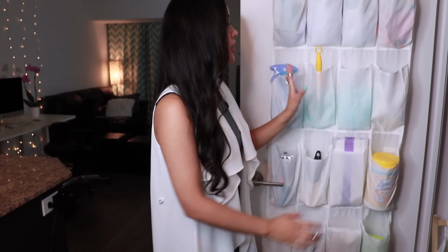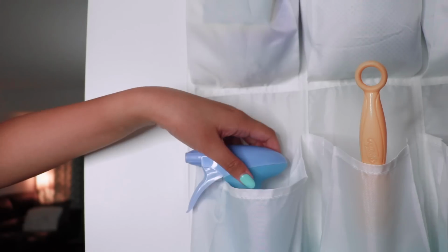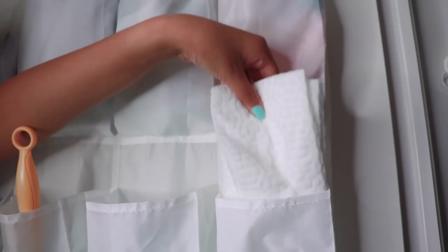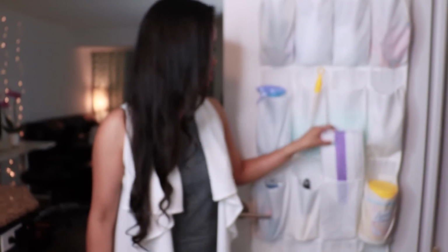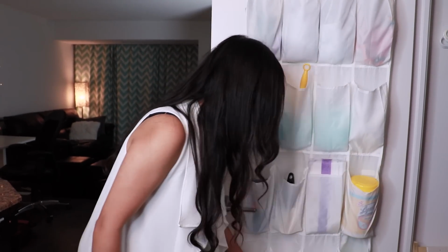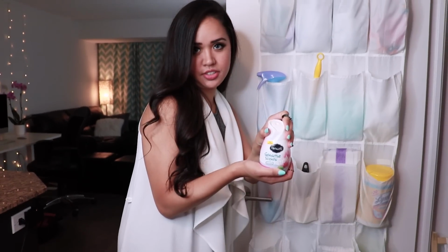It's even good for storing extras of supplies that come in multiples, like sponges and laundry mesh bags and rubber gloves. So I filled mine up with fabric spray, Swiffer duster, great place to hold your Swiffer duster, and the extra cloths, as well as Swiffer sweeper cloths, lint roller, Swiffer wet jet cloths, disinfectant wipes. Surprisingly, that holds that whole container. Extra hook things, clothes pegs, my extra air fresheners,